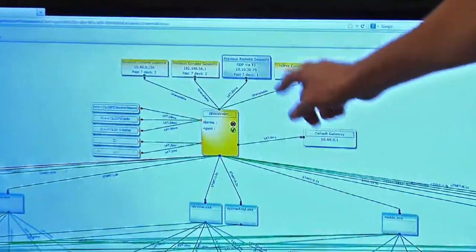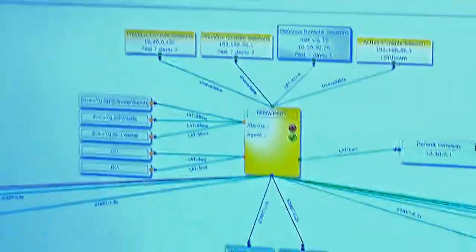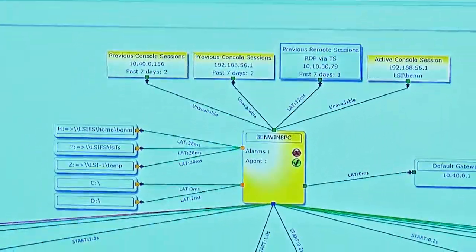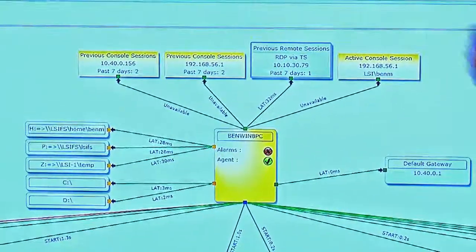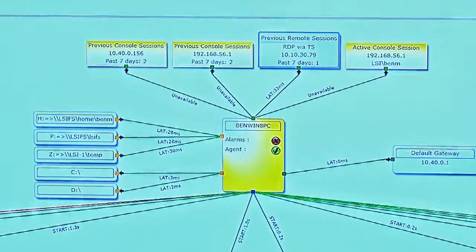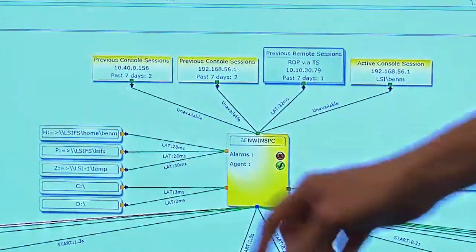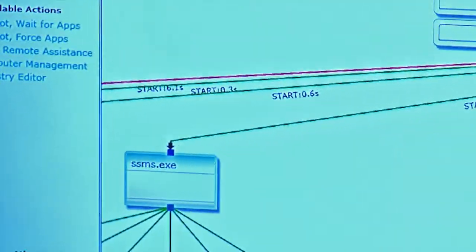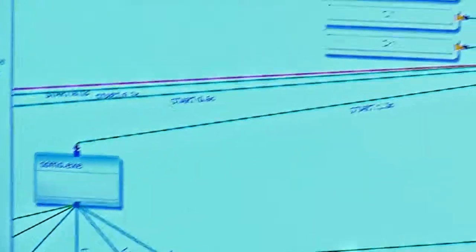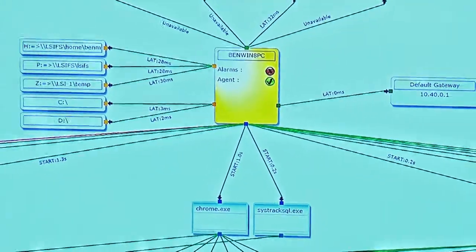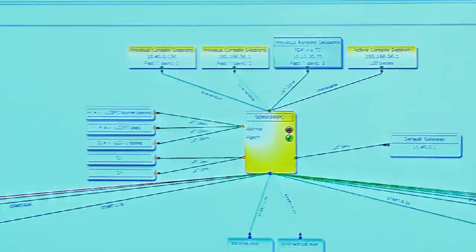Here we've got a representation of the PC in the center. It could be a virtual desktop, could be a physical desktop. We see how we're connecting to that desktop and what the latency looks like on that connection. The storage infrastructure which the user is using in order to do their job and what the latency looks like there, so network, local storage, whatever that might be. And then the individual processes that are actually running within that session and the back-end dependencies in terms of servers that those applications are talking to. So you build out a complete end-to-end picture of what's going on,